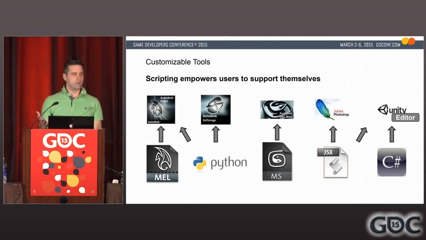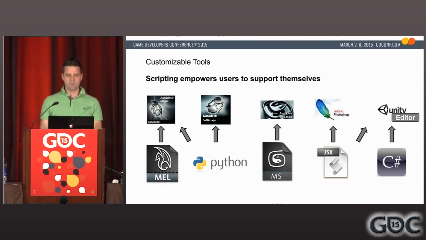So if you're familiar with Maya, obviously they've got Maya embedded language, MEL scripting. They also have Python. We have the, I guess, previous Softimage had Python and many other scripting languages. 3D Studio Max has MaxScript. Photoshop has JavaScript. And then when I'm talking about Unity, I'm talking about the Unity editor specifically and being able